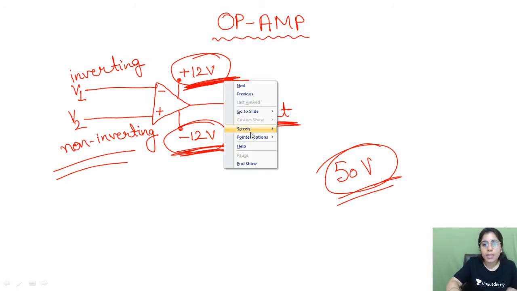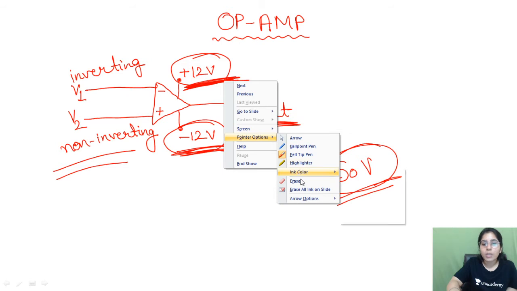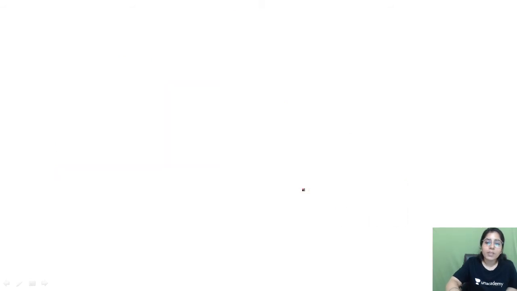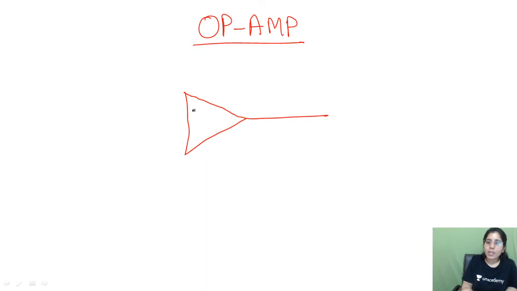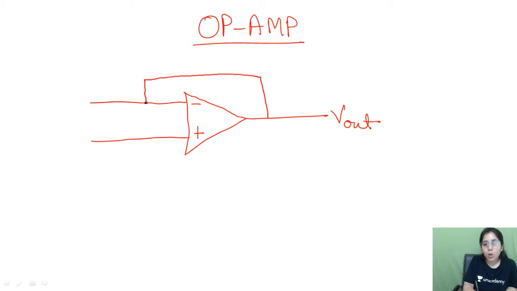After knowing about this, now you need to know the next point. What is the next point? The next point is related to the feedback part. Whenever you consider the op-amp, you have to focus on what kind of feedback has been provided in that particular circuit. Is it positive feedback or negative feedback? What I mean by negative feedback, I will show you in the circuit. If some part of the output voltage is provided back to the input side towards the negative terminal, we call it negative feedback.